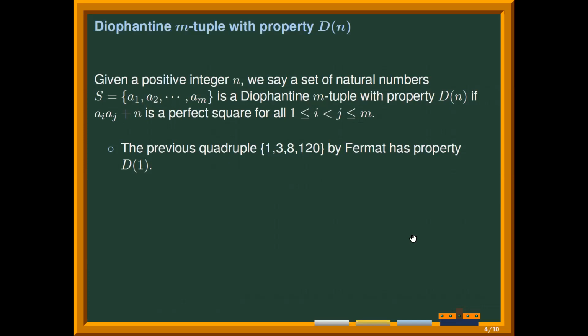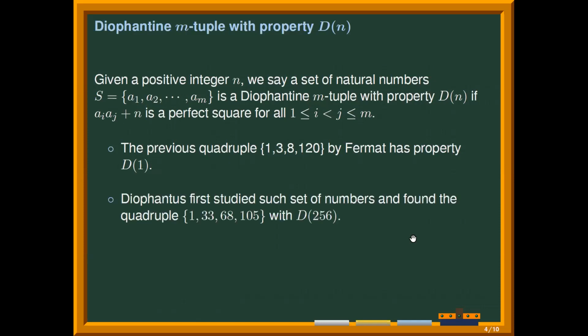Okay, so that was the very basic example, which we can easily compute. But how about whether there are any cases of n different from 1? Another very famous example is by Diophantus. He first studied the set of numbers and found the quadruple 1, 33, 68, 105 with the property